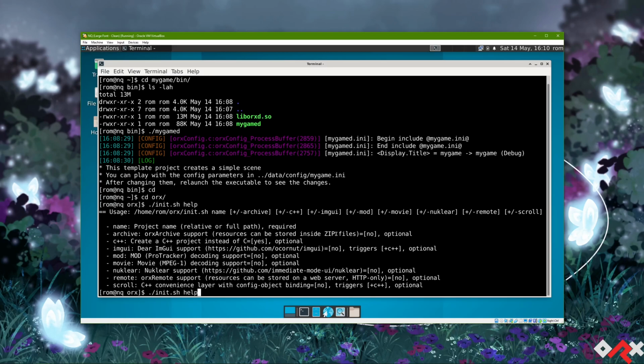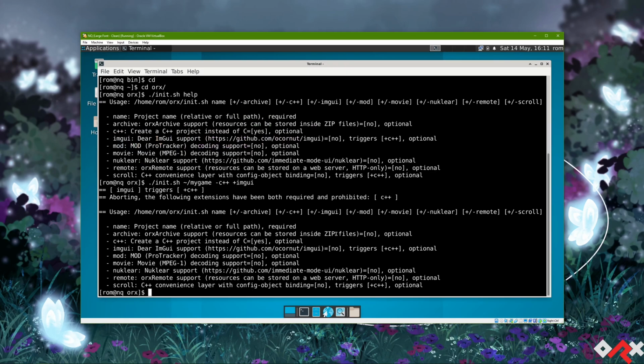So if we were to try to create our game, let's do the same thing. And I'm going to ask, I don't want C++, but I do want imgui. And there's a conflict here. So when you start that, you can see that imgui triggers C++, and here it tells us that the following extensions have been both required and prohibited: C++, because we say we don't want C++, but imgui says I need C++, so you have to figure out what you